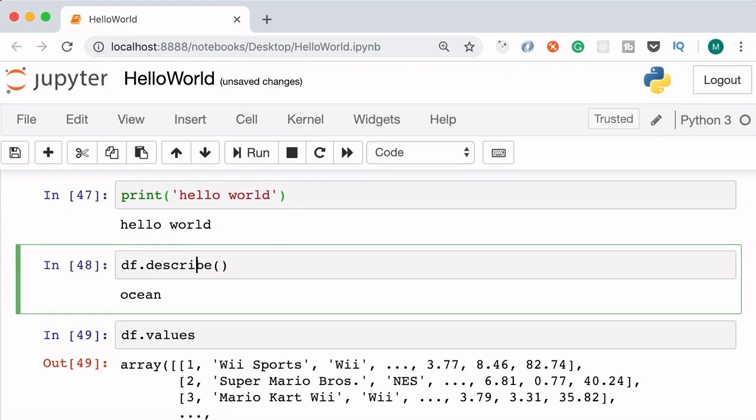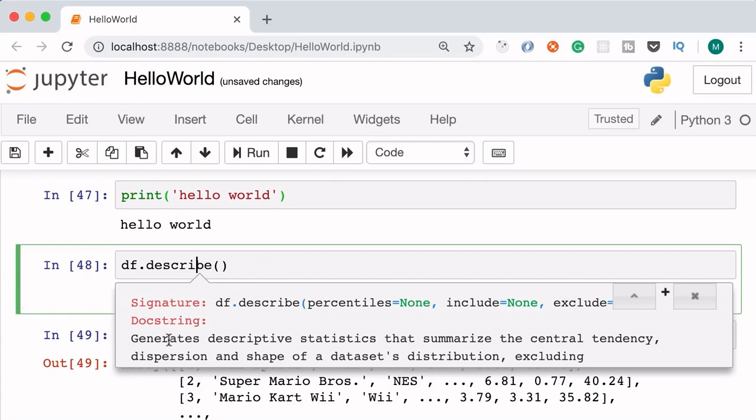Now, with the cursor on the name of the method, we can press shift and tab to see this tooltip that describes what this method does and what parameter it takes. So here in front of signature, you can see the describe method. These are the parameters and their default value. And right below that, you can see the description of what this method does. In this case, it generates descriptive statistics that summarize the central tendency and so on.